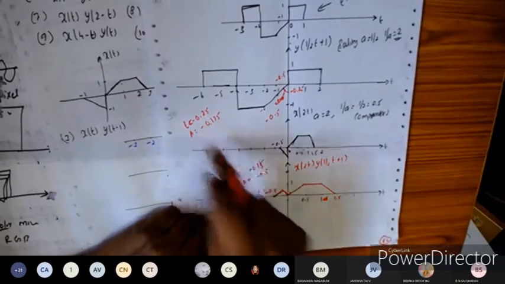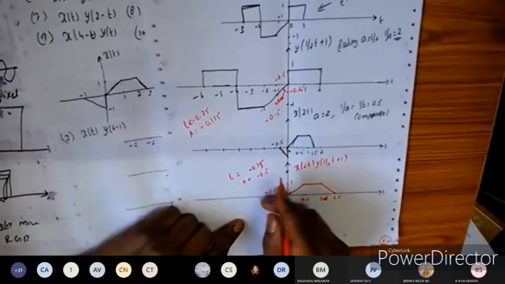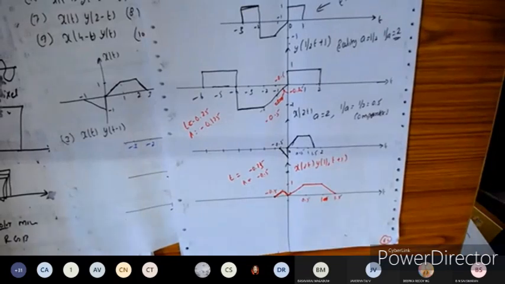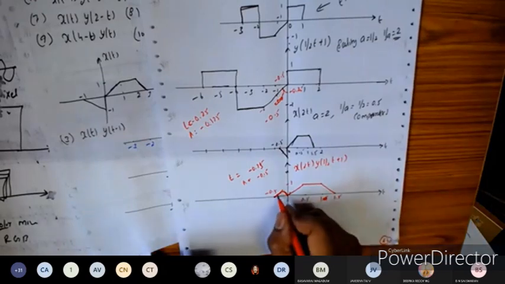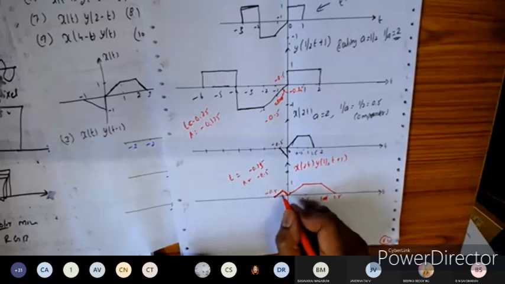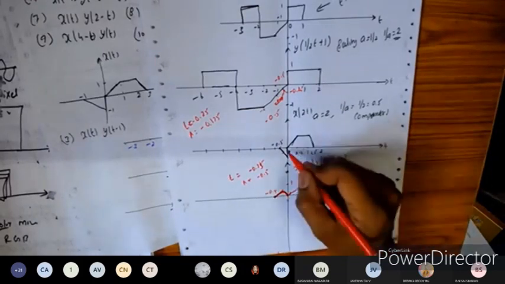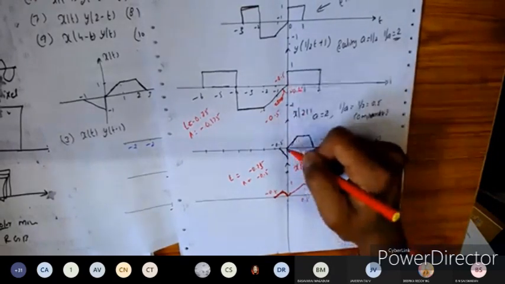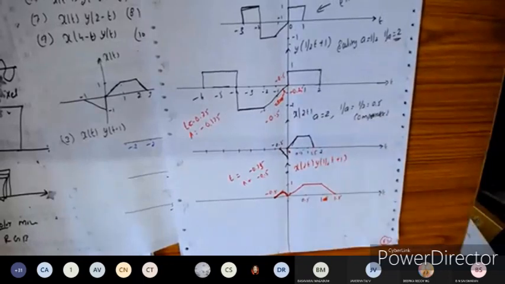So you can calculate at regular time intervals. What's the value of this one? Minus 0.5 into minus 0.125. How much will you get here? Okay, so 0.5 into 0.125 will be equal to 0.06 here. So 0.06 like this. Next, you can take the linear scale. The waveform will become something like a smooth curve like this here, because at t equal to 0, it is minus 1 multiplied with 0 and we get 0 here. So the waveform will be something like this.